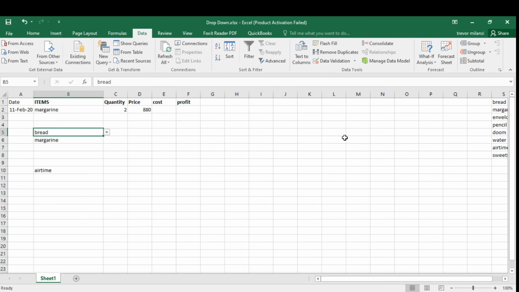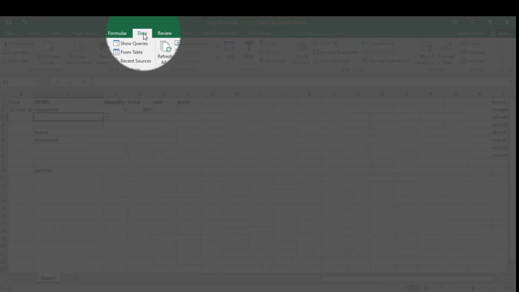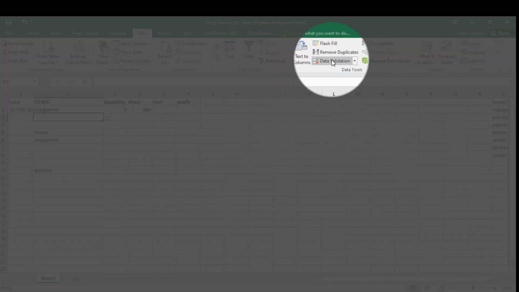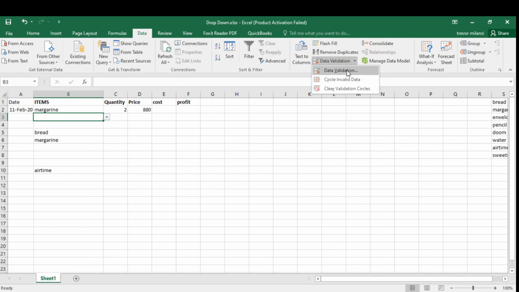So just as a recap, remember the first thing, somewhere far away, create a list of all the things that you'll be selling. Once you have a list like here, the next thing is you go on data. So you click first, you click on the cell that you want the items to be. So in this case, we are clicking items. Then click one cell, go to data, search for data validation. Once you click data validation,